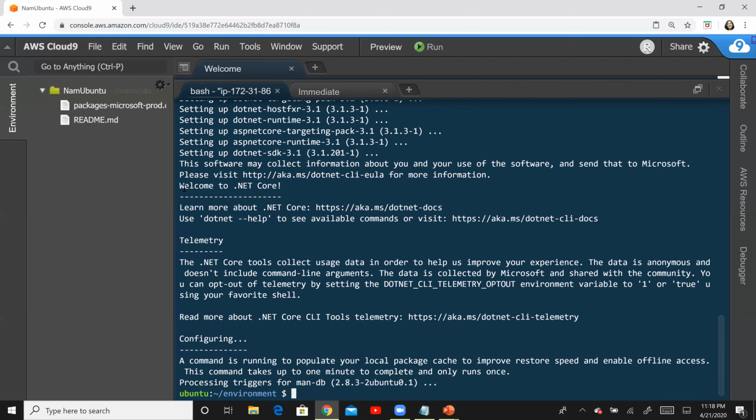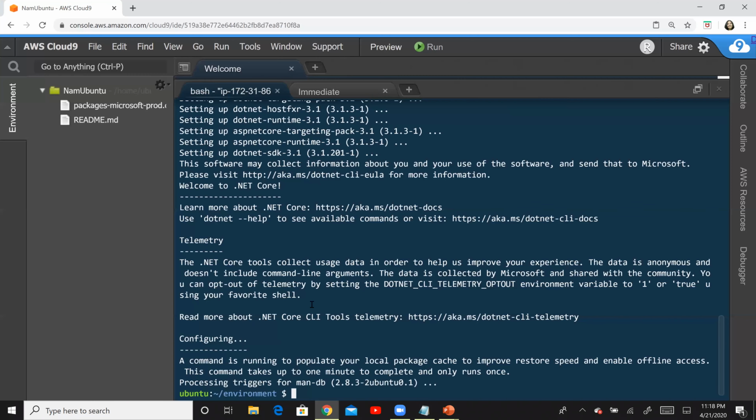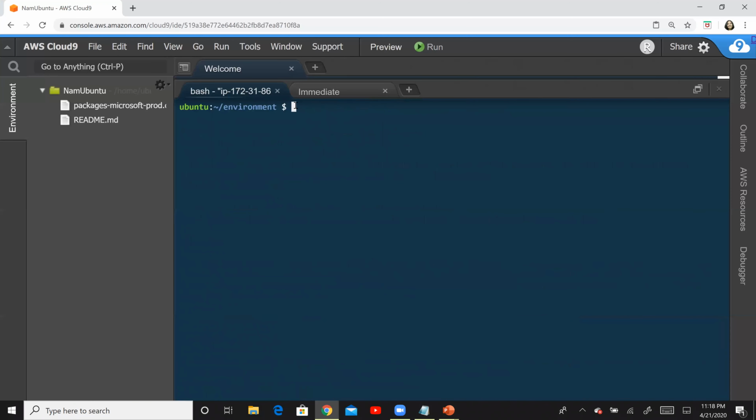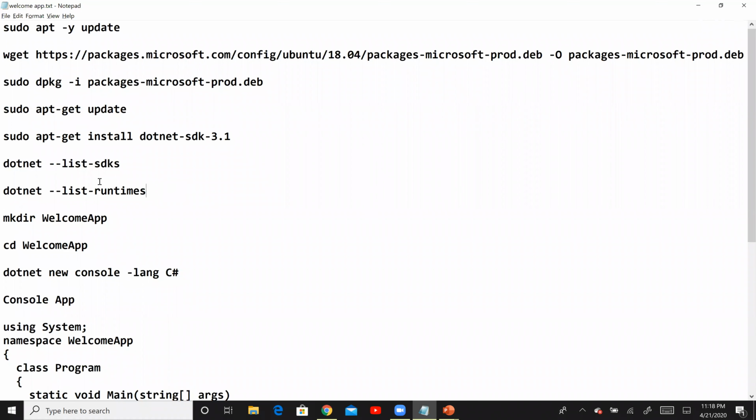Okay, so it is telling you welcome to .NET Core. Awesome. So let us see what all we have installed. We should have 3.1 SDK installed successfully. So let's confirm that. Paste, and you can see over here 3.1 has been installed successfully. And what all runtimes are installed, right?